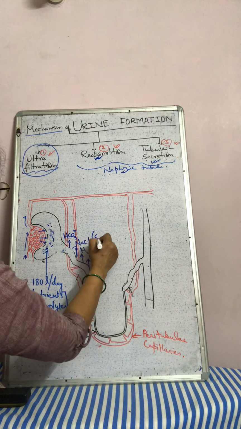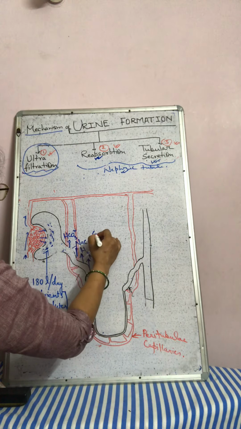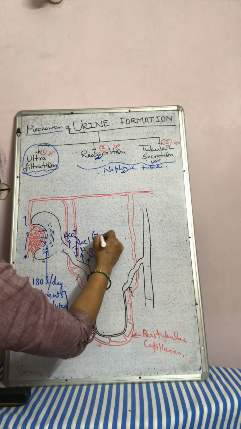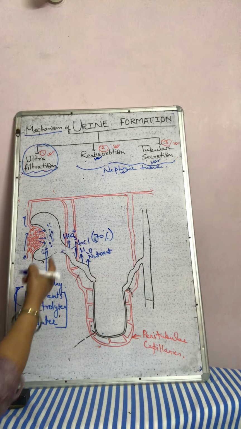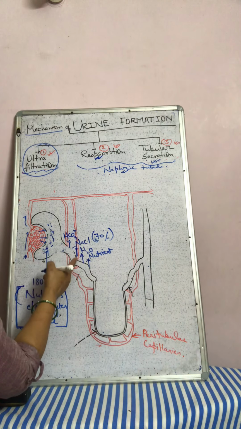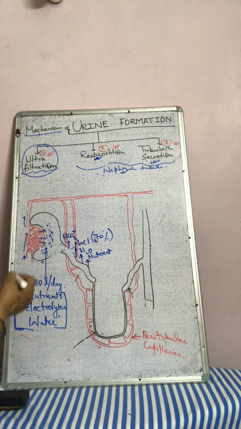Most of it, approximately 70 to 80%, is reabsorbed in the PCT, that is the proximal convoluted tubule. After that the filtrate